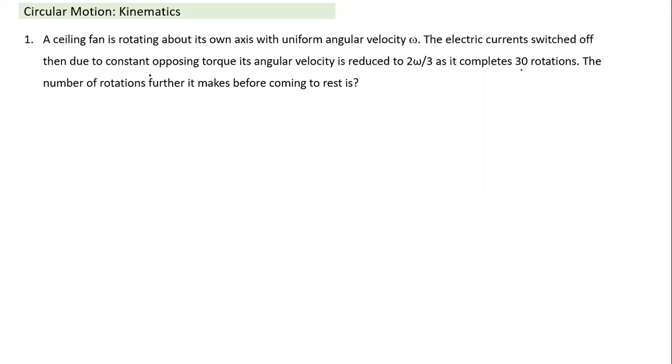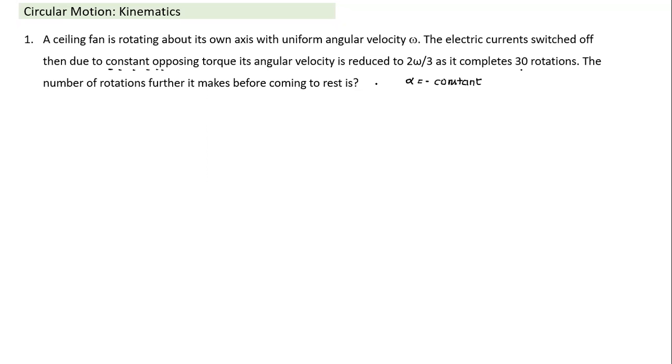Okay, what is given here? Constant torque, hence constant alpha. The moment we mention the words constant opposing torque, it means alpha is negative and constant. So alpha is constant, and I can use those 3 standard equations. So let's apply those 3 equations.